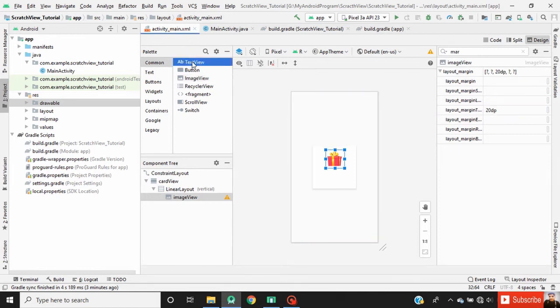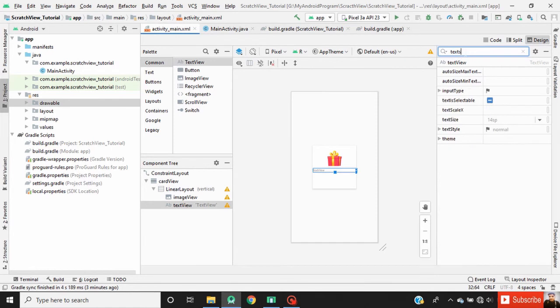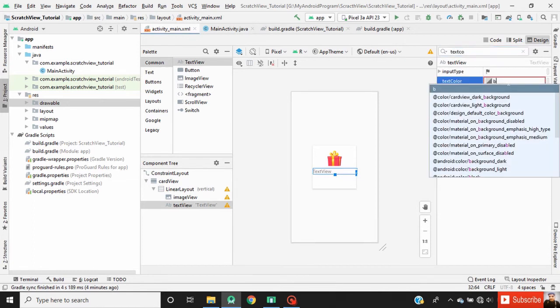Now drag a text view inside linear layout. Change the text size to 22 sp. Now change the text color to Android black.